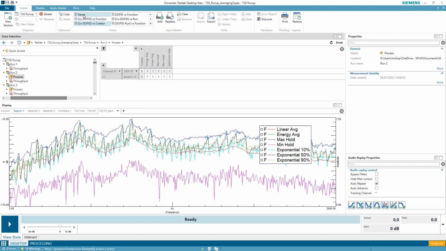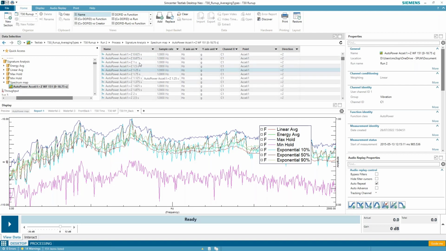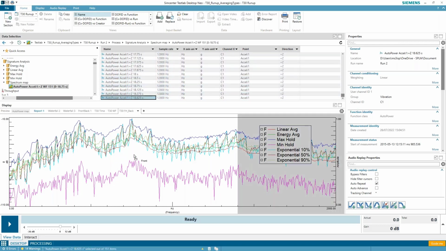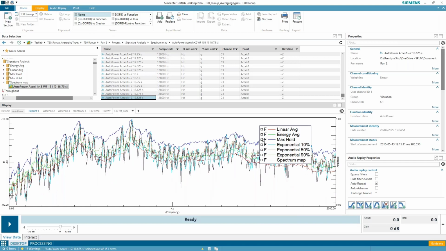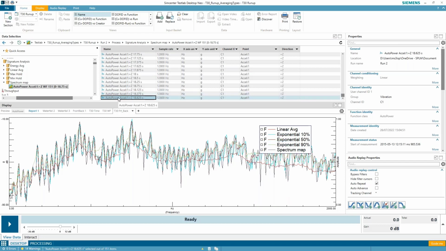So if I go to name, and I look at my spectrum map, essentially I have the individual FFTs at all of my timestamps here. And you can see, I add my very last FFT in there. Boom, that looks a lot like my 10%. It looks like all of them, but if I remove some of these other ones we don't care about anymore, min and max hold aren't too important. I'll leave the linear in there just for fun. But essentially, this very last average is pretty similar.